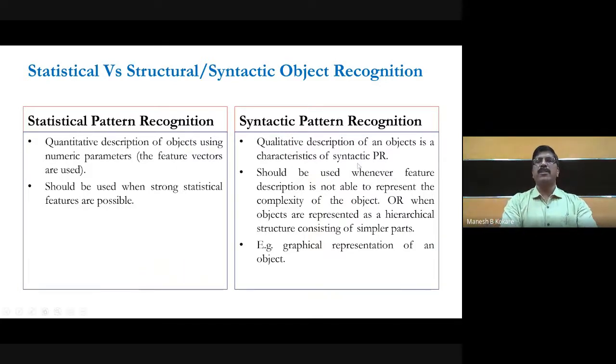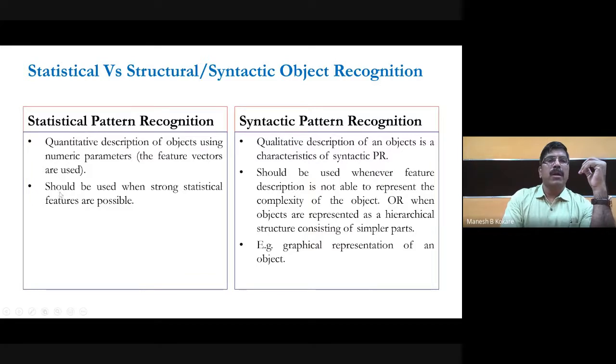So qualitative description of an object is a characteristic of syntactic pattern recognition, whereas here it is quantitative. This is the first difference between statistical and syntactic pattern recognition: here you are using numbers, there you are using primitives or symbols as features.